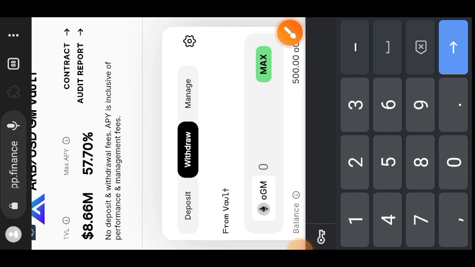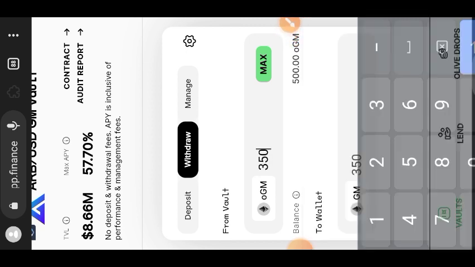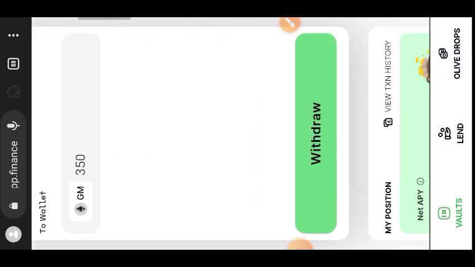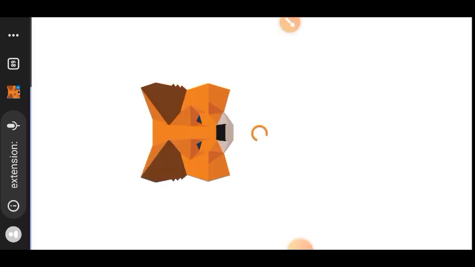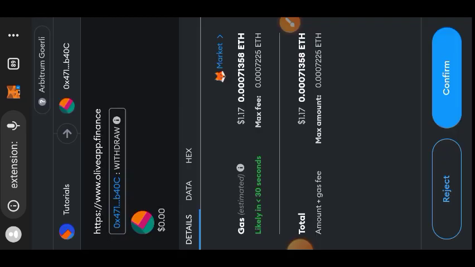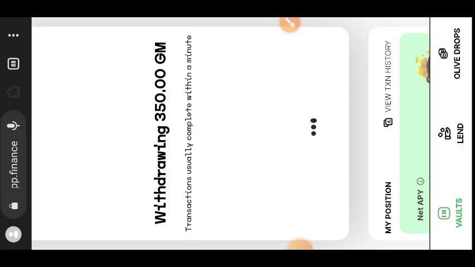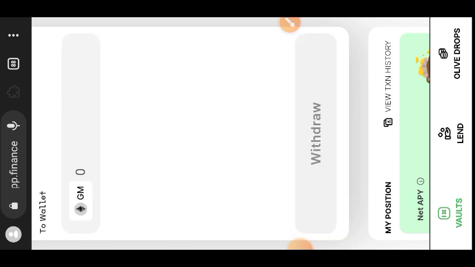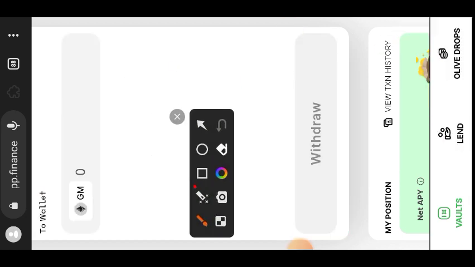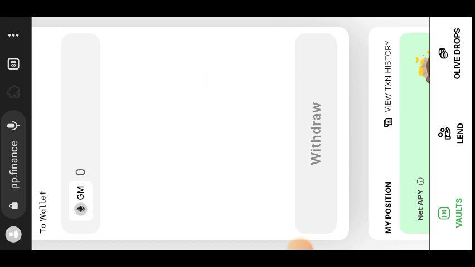So indicate the amount of GMs that you want to withdraw from the vault. This time let me withdraw 350. Then tap on withdraw at the bottom of your screen. Tap on confirm. Withdrawal successful. Next, we are going to the middle bottom of our screen, and then we'll do the same thing